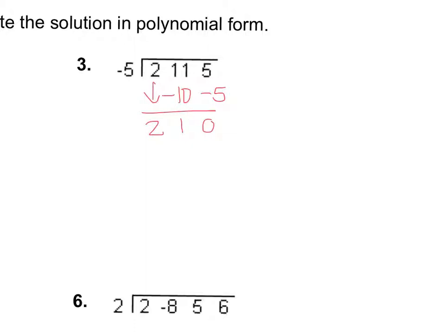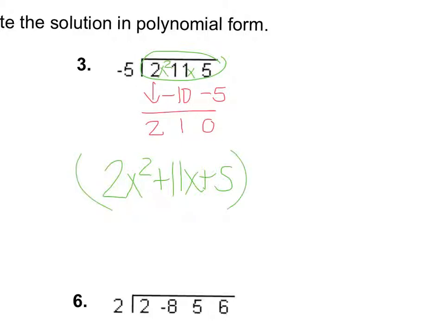So what this means is that the function 2x squared plus 11x plus 5, and that came from here. I start with no variables, then I add x, then I add x squared, is divided by x plus 5. The plus 5 came from here because it's always the opposite,